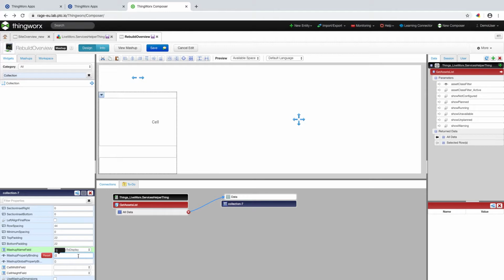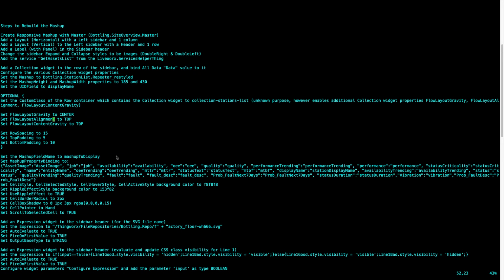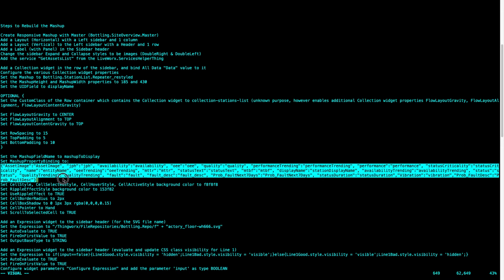And now this mashup property binding, I don't really know a whole lot about the collection widget, but from what I understand about this particular value, if we look over here, it's essentially just an info table or a list of saying I'm going to have a property that is on the collection widget here on this side of the mashup, and then I'm going to have an input parameter on the side of the mashup that is contained, that's embedded. So here we're just making a list of all the values that we're going to pass from this particular mashup into the next mashup that's contained. So I need to take this